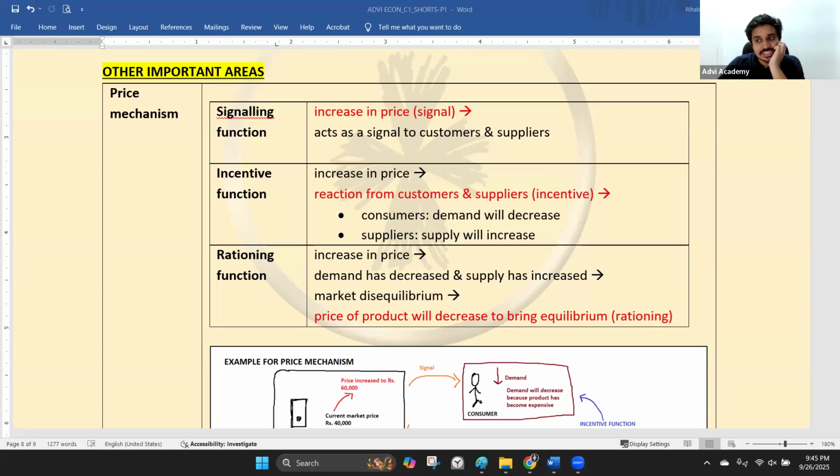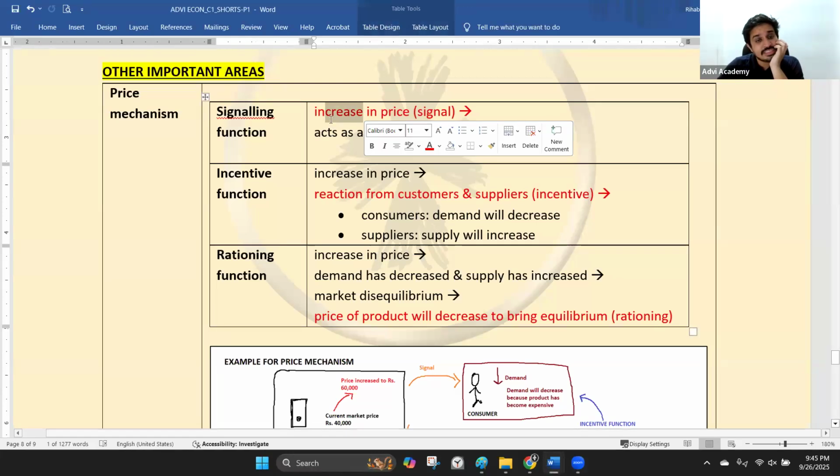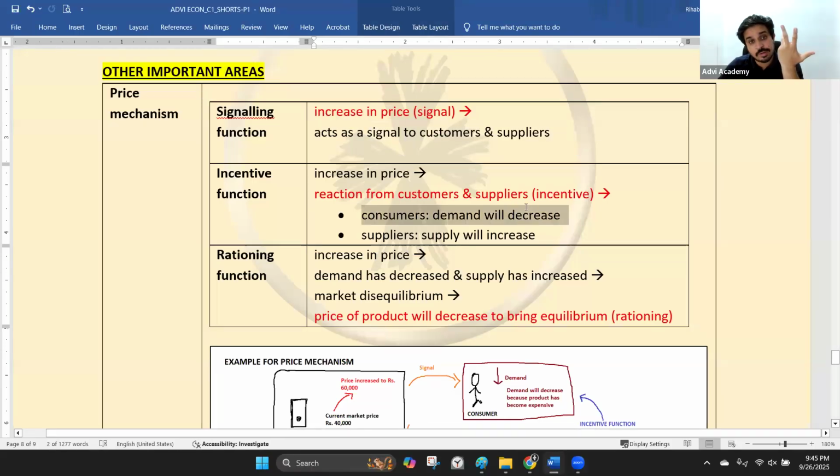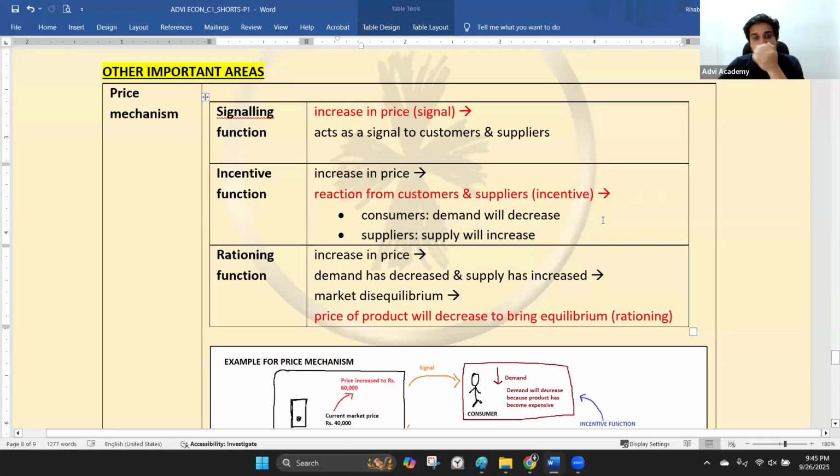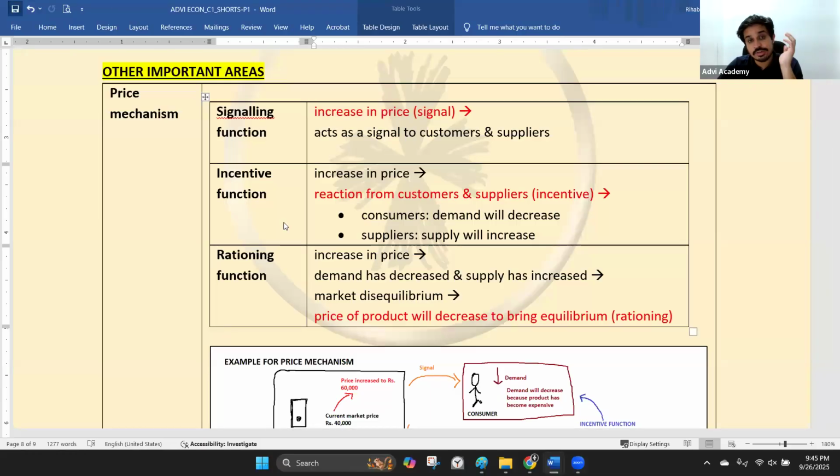Will there be an instance where demand will be high? The other way around can happen. There can be a decrease in price. If the decrease in price happens, customers' demand will go up and supply will come down. So we are decreasing price, and automatically, for it to come back to equilibrium, the price will increase. The exact opposite of this. That is also possible. Both ways are possible.